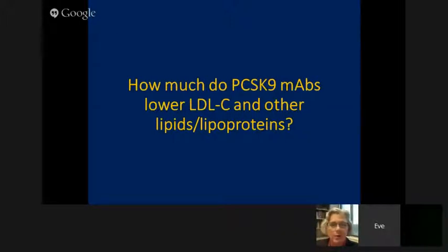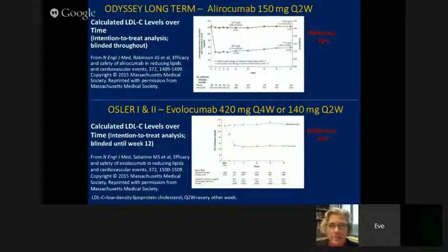The next question is, what is the efficacy? How much do PCSK9 monoclonal antibodies lower LDL cholesterol and other lipids and lipoproteins? So first of all, I'm not going to go through all that extensive data from the slide I showed you previously, but just to highlight a few things. First of all, alirocumab, 150 milligrams every 2 weeks, is pretty similar in efficacy to evolocumab, either 140 milligrams every 2 weeks or 420 milligrams every 4 weeks, so threefold higher dose every 4 weeks to combat that sawtoothing effect. And you can see that efficacy is quite similar, about a 62%, 61% reduction in LDL cholesterol versus